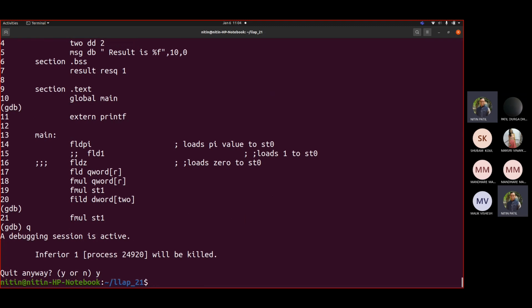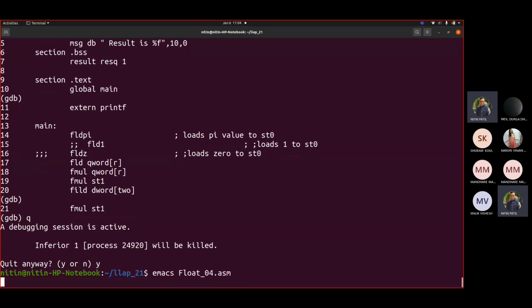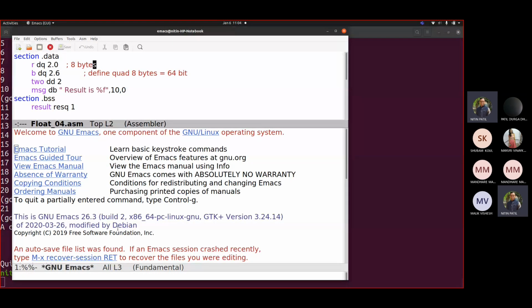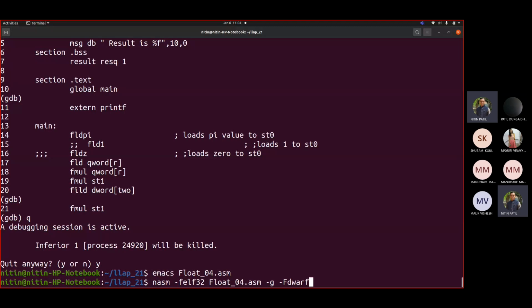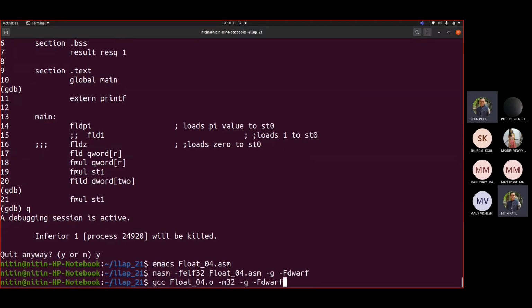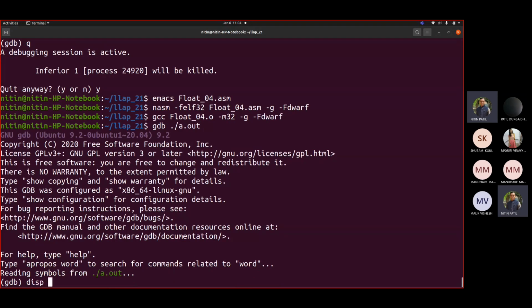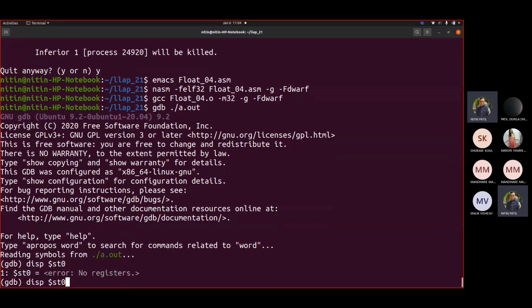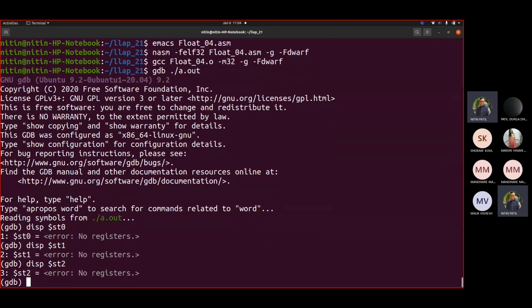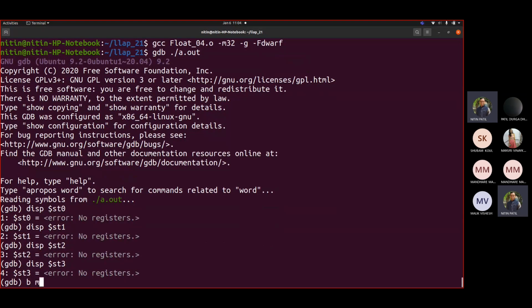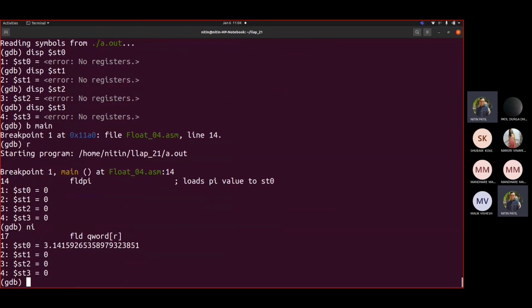Like we saw 2 there directly displayed as a digit, if you write 2.1 here, if your radius is say 2.1, then you can see the value is displayed in float only. GDB ./a.out, display $st0, st1, st2, st3, breakpoint main, run. Pi.